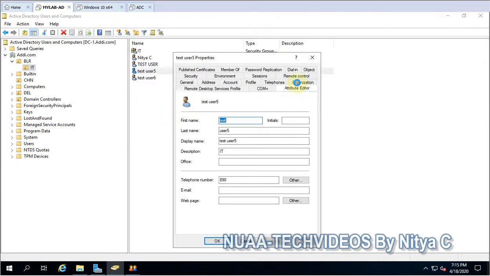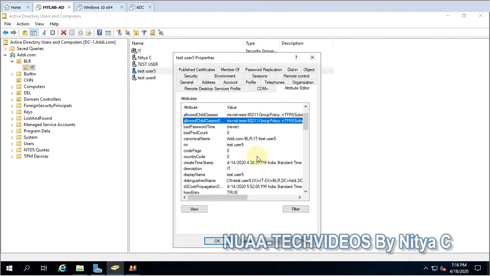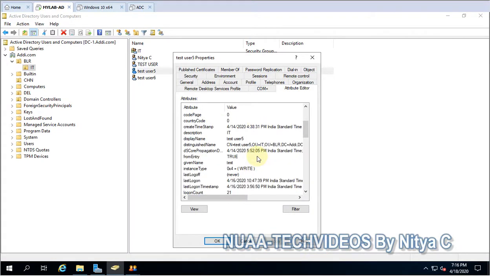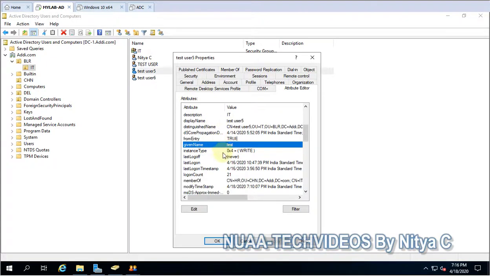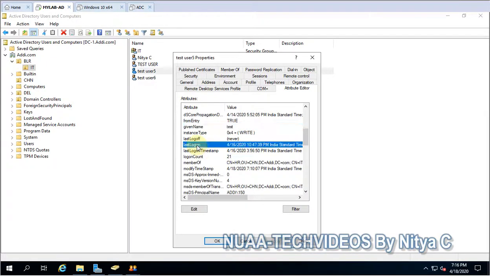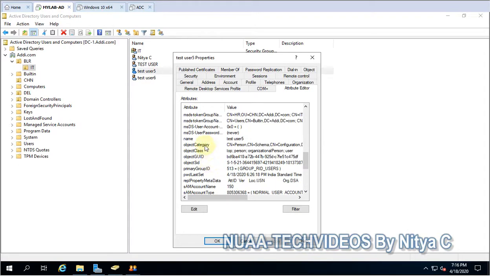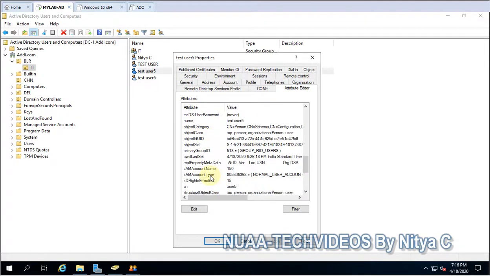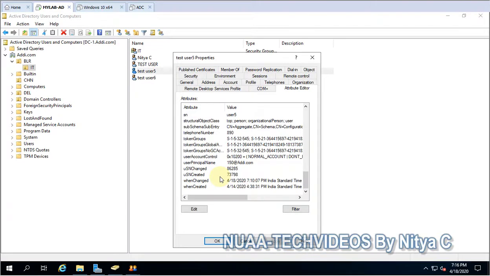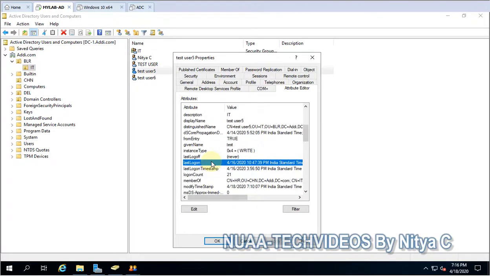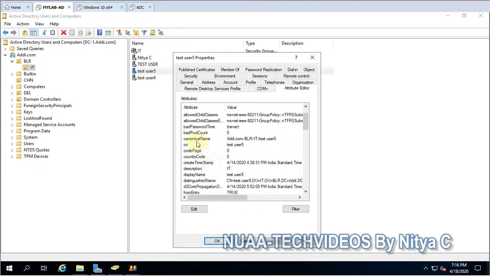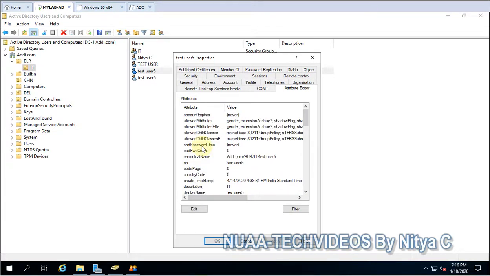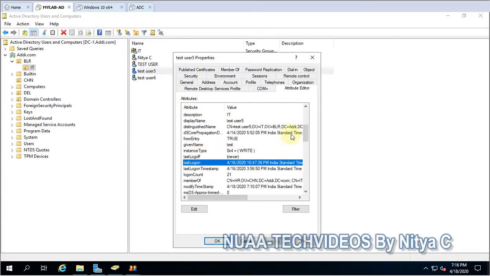Okay, and attributes editor, and I want the given name modify, given name, but it is already there. So whichever you want, you can just pick any of them. Or if you have already created any attributes.